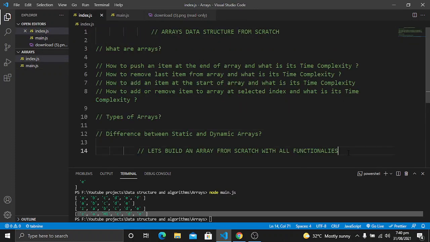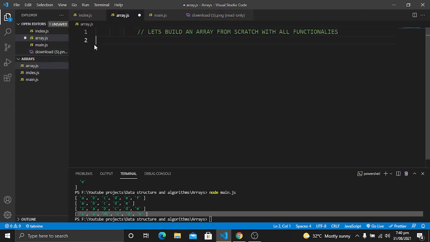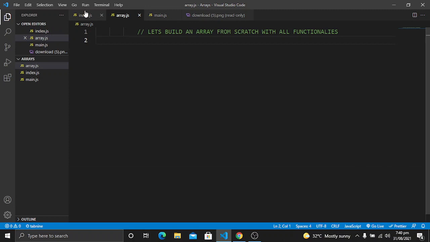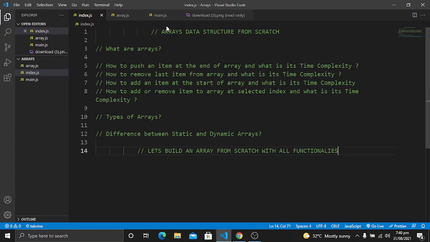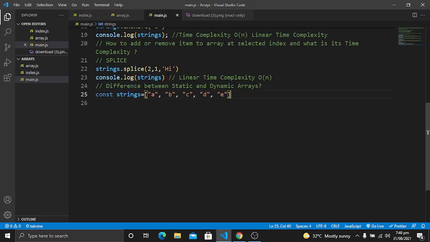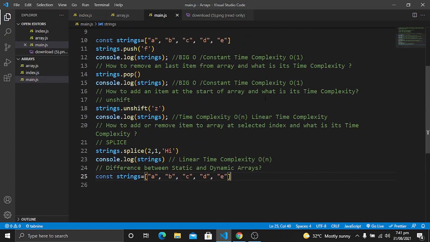The next step is going to be the main one, because here we will build the array with all of its functionalities. So let's create a new file, array.js. Here I will paste it. Now in this file we will build an array. For example, here you can see we have used different methods, for example splice, unshift, pop, push.